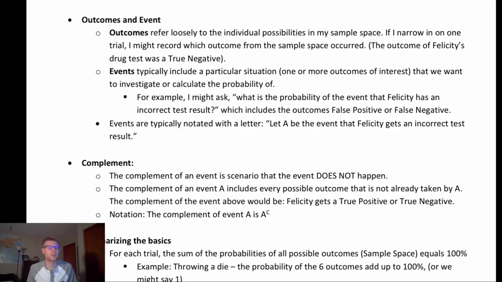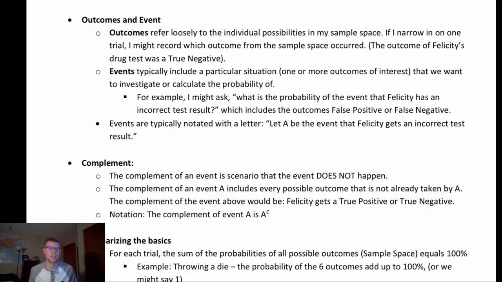Events are terms that we use if we're thinking about how we might combine outcomes into categories. So for example, getting an accurate drug test result could be an event that I'm interested in. There's 2 outcomes there that I could put there, right? True positive and true negative are 2 outcomes that fit inside that event of getting an accurate test result. So events give us more flexibility, and we're often going to use that term event when we're